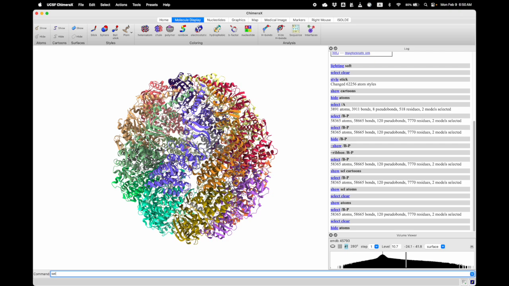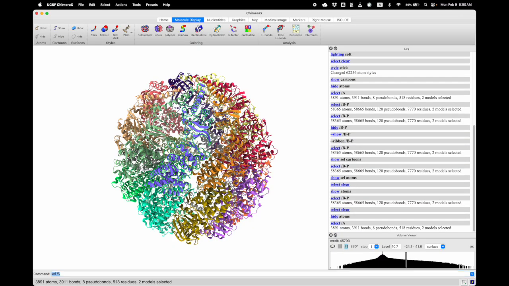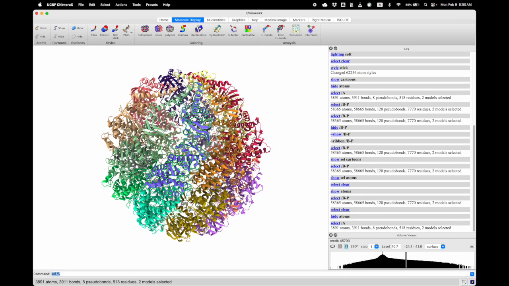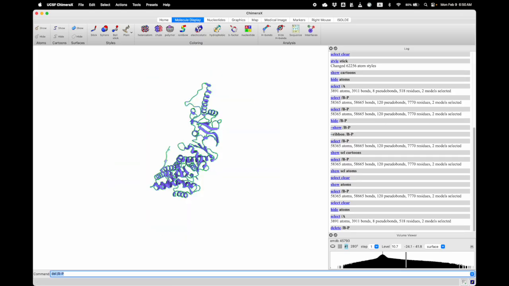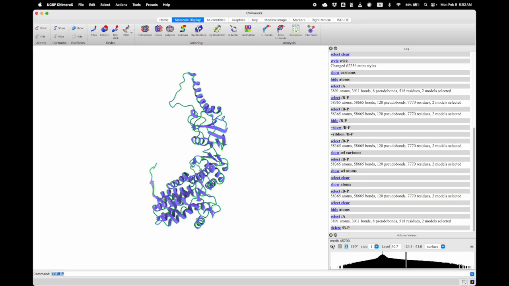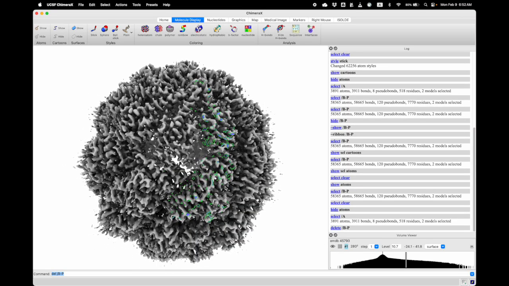We can enter sel, which is short for select, and then / and A, which refers to chain A, and we will see that it becomes selected. So we will focus on this chain, and we will delete everything else. So we can type delete and then chains B to P, and that leaves just chain A. We can turn the map back on and see where the protein is in the map,